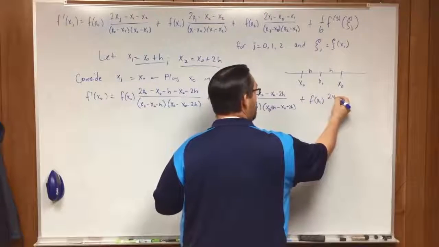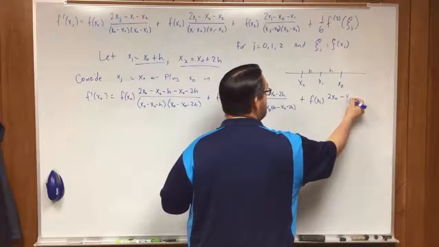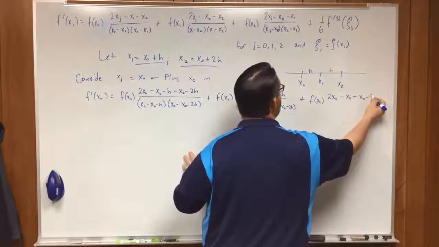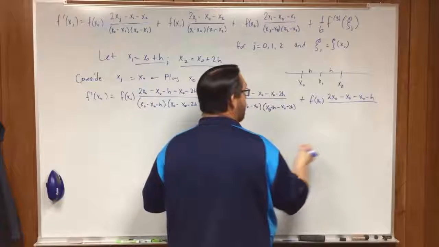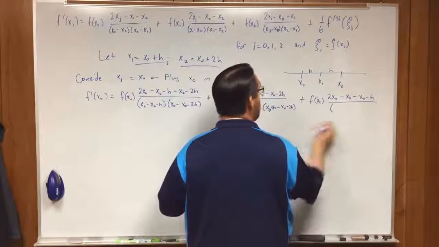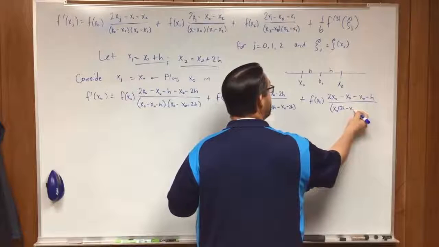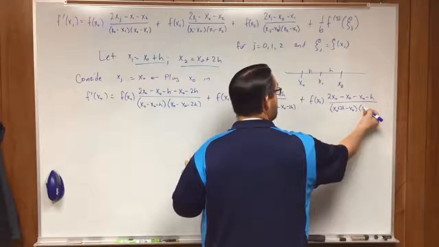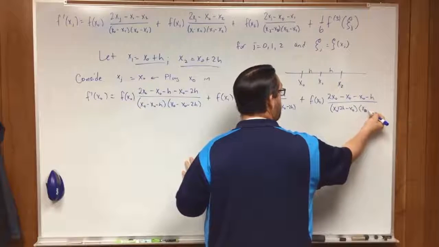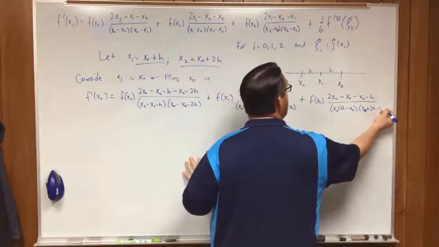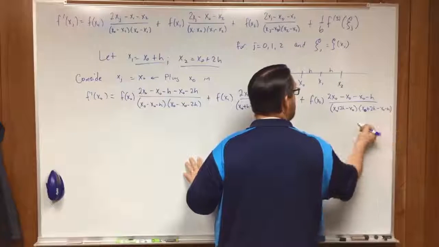So 2x0 minus x0 minus x0 minus h divided by x0 plus 2h minus x0 times x0 plus 2h minus x0 minus h, and then plus